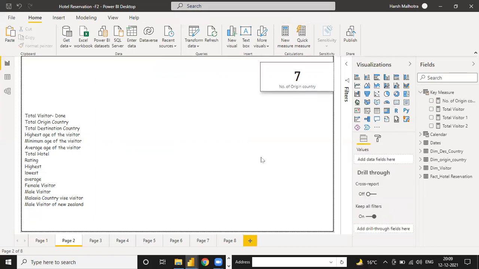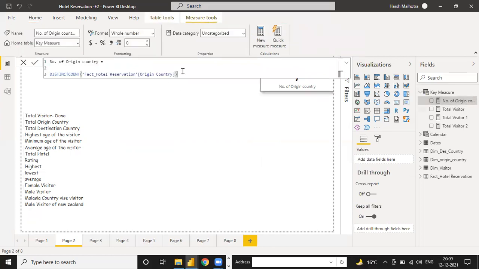Okay, so this is the number of origin countries. In the same way we have to calculate the total of destination countries. We have to use the same function. Just press Control A and Control C, copy it, and create a new measure again.